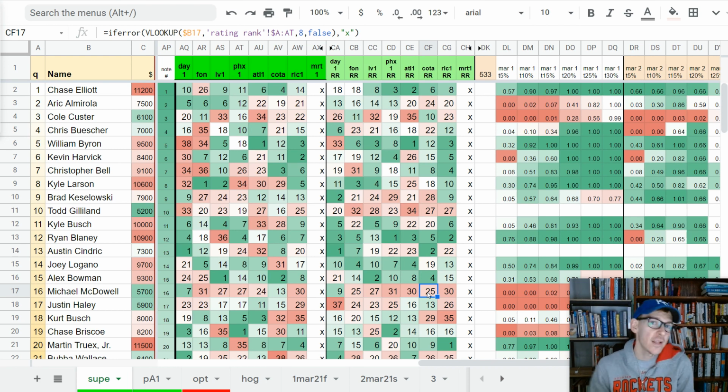And NASCAR's calculating all that into his driver rating. Oh, you're running in 27th place. Yeah, I'm running in 27th place because it doesn't matter. The stages are going to bail me out. So that's not the best example either, but it does show you how you can look at these different data